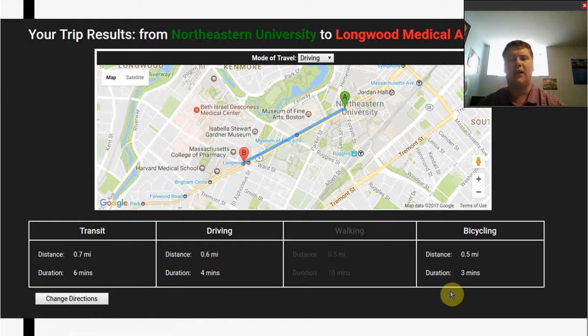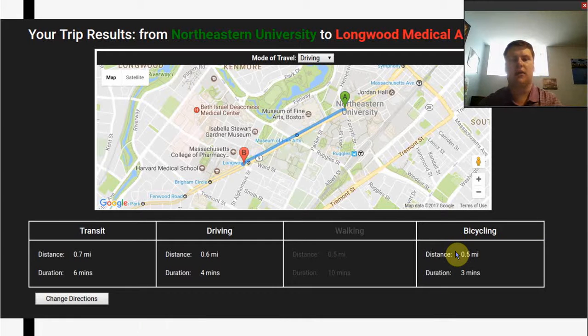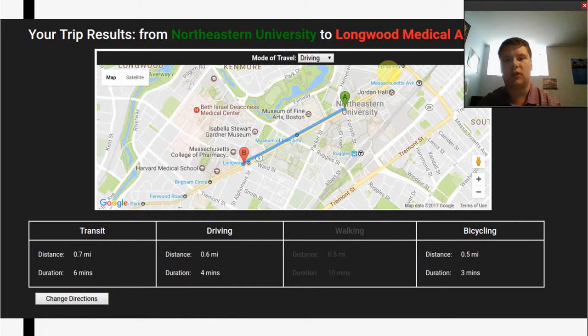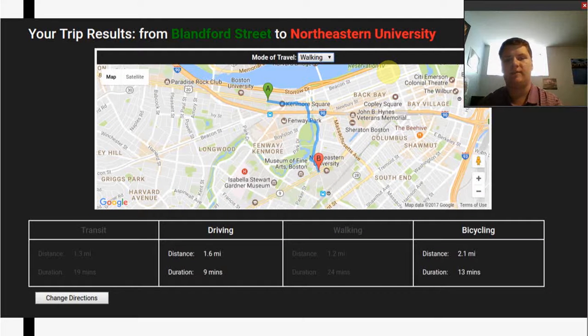And to simply go back and choose a new destination, all you have to do is click change directions in the bottom left corner. Here on the map, it defaults to showing you up top the mode of travel, driving. It defaults to the driving trip. But once you click on the drop down, it'll bring you to the different modes of transportation. As you can see, you can choose walking, and this is a different direction that I had chosen,